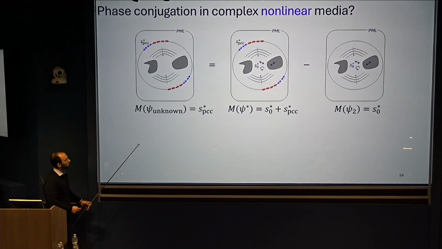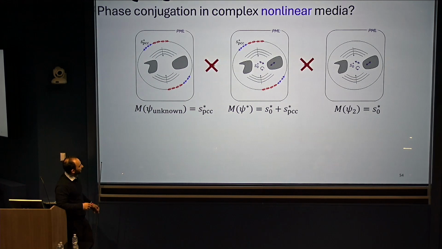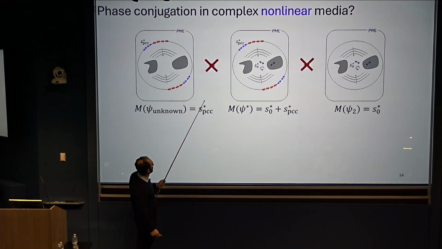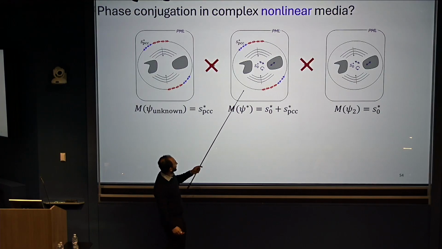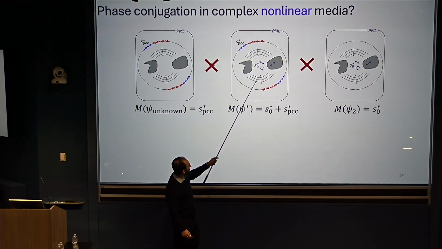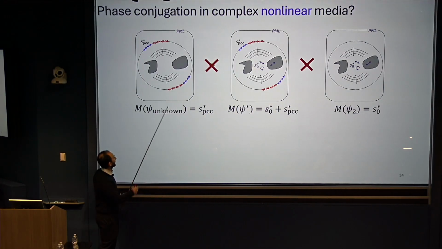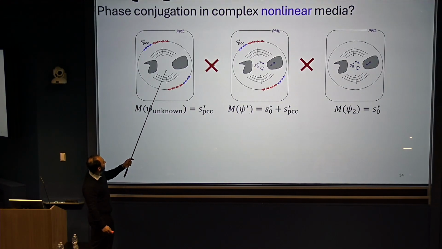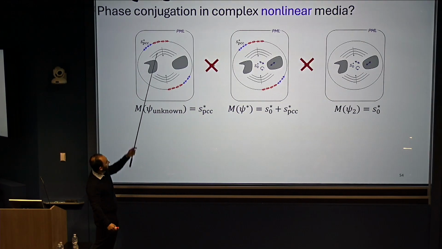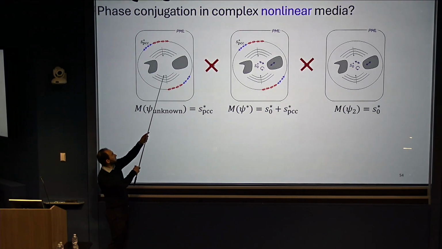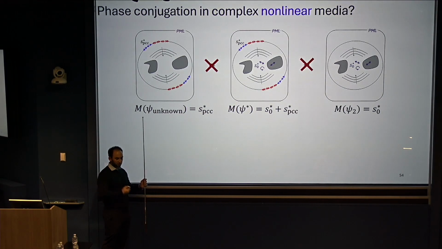I won't show it, we have ongoing work in this regime. I'll just mention the one thing that does fail is we cannot take the experimentally available apparatus and rewrite it as a linear superposition of the time reversal partner minus this. But what we can say is we know exactly the fields in the perfect time reversal symmetric case with nonlinear media. And the question just becomes, when I remove the original source, how much does that change my nonlinear solution?